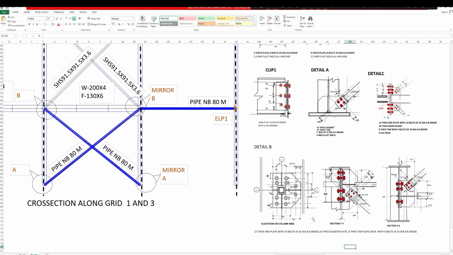So this kind of connection is suitable when it is required that, as far as possible, the structure should be bolted and the column should be as far as possible free of gusset plate. But if you